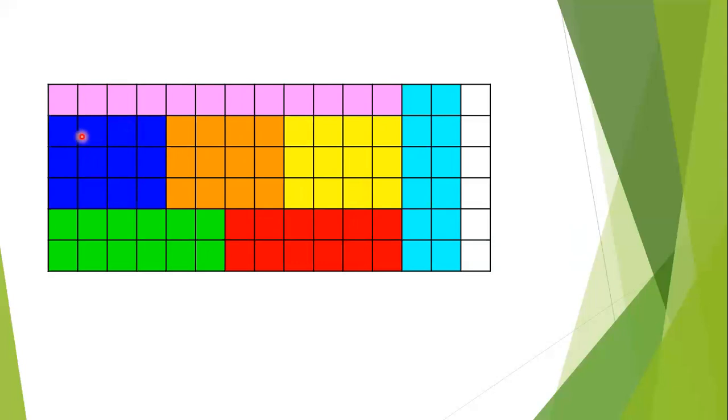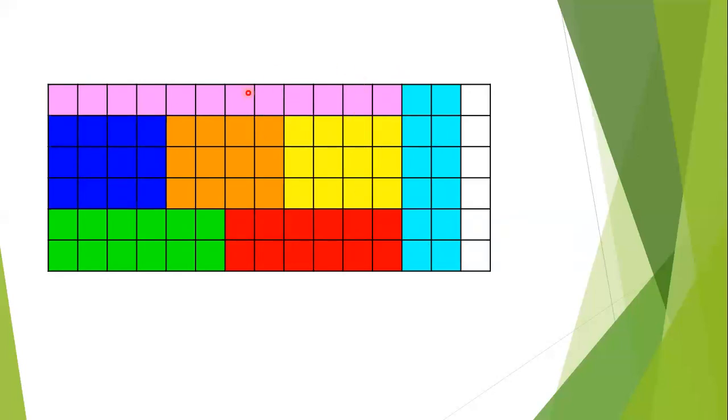Length I have taken 4 centimeter, breadth 3 centimeter. So 4 3s are 12. They also have 12 squares. And in the fifth one, sixth one, and seventh one, the length is 6 centimeter and the breadth is 2 centimeter. So if we arrange the squares this way, we are getting 7 rectangles, but we are getting rectangles having 3 different measures. Okay, so for solving our question, we will consider this type of arrangement.